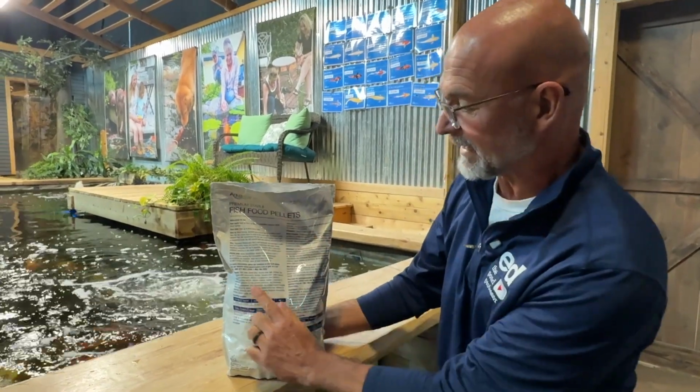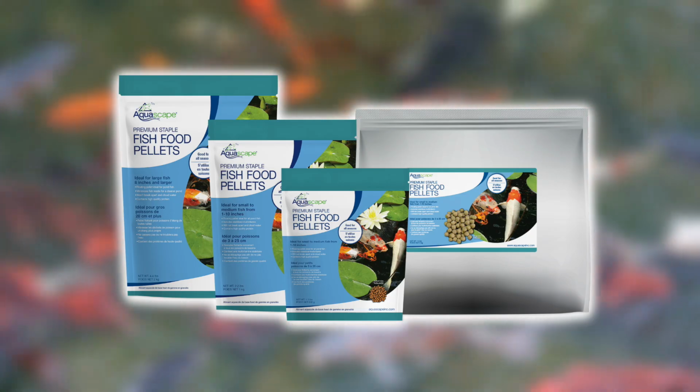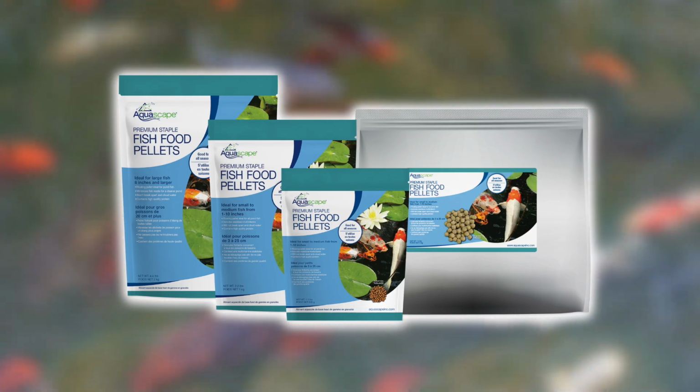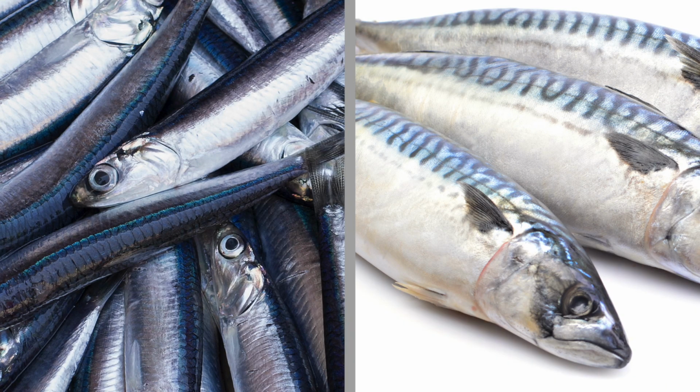So what we want to look at is actually the very first ingredient. So the first thing on this list is going to be fish meal. That means that we could be assured that the majority of the product inside of the premium staple fish food is going to be fish meal. Not only is it just going to be fish meal, it's going to be high quality fish meal. We're using whole fish. We're talking anchovies and mackerel, which are fatty fish,